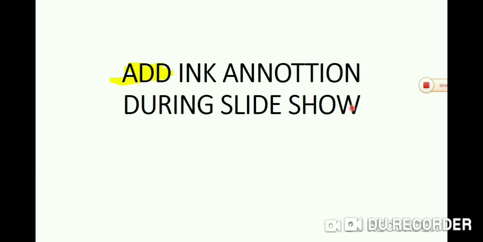You can also use the laser pointer. It basically features the key point on the slide. Unlike the pen and highlighter, the laser pointer will not leave any mark. It just